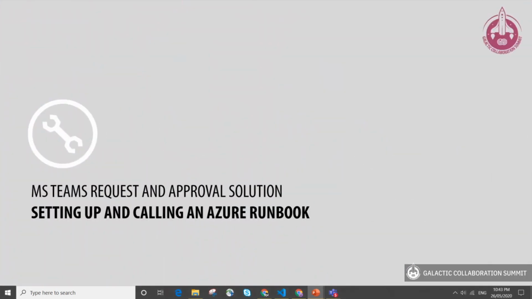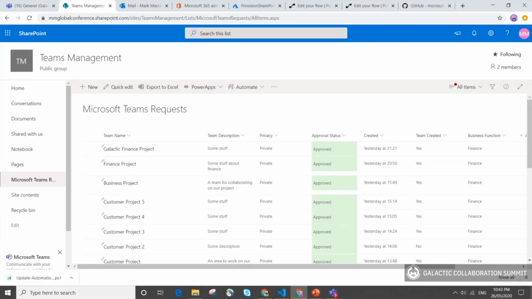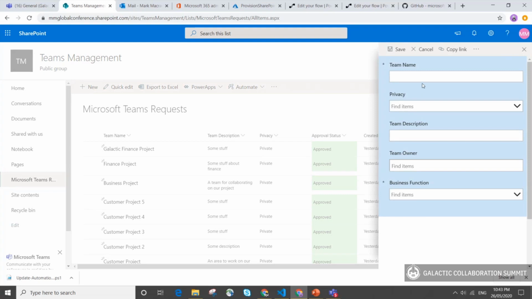Okay, so that's the background. What I'm going to do now is drop into the solution itself, and I'll show you how it runs end to end and dive into some of the areas. So here is our SharePoint list. I'm going to create a new request. So we'll call this one